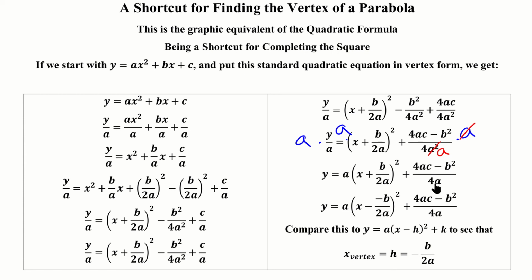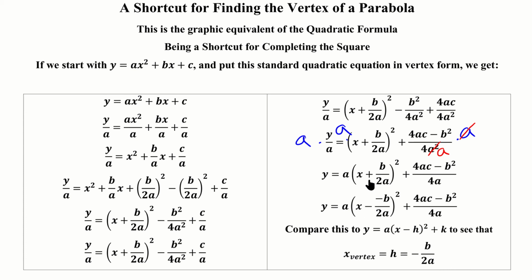Instead of the 4a squared, we now have 4a, because we're basically multiplying the a on both sides. So we end up with y equals a times the quantity x plus b over 2a squared, plus 4ac minus b squared over 4a, which we can write as a times x minus,